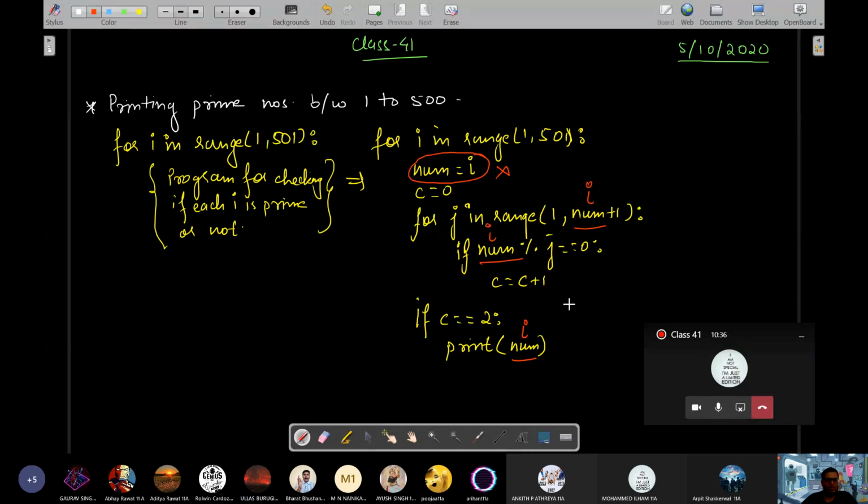ये प्रोग्राम क्लियर है सबको कि how we are taking each time one I and then checking whether that I is prime or not by counting the factors of I. And every time we get the number of factors of I as 2, we will print that I only. In that way, from 1 to 500, we will be checking each I, that is each number, for being prime or not.